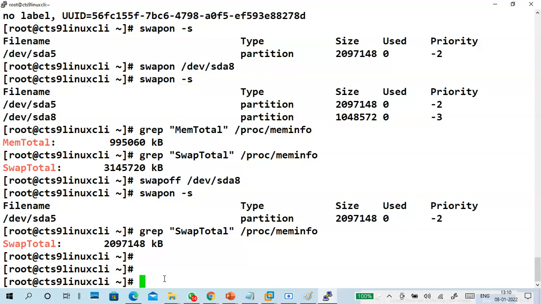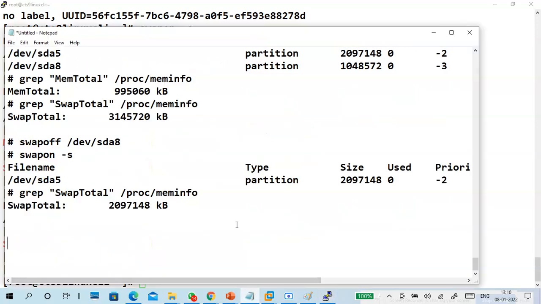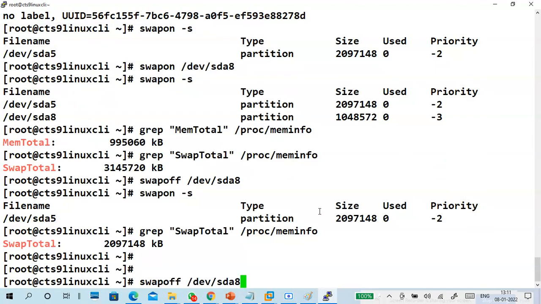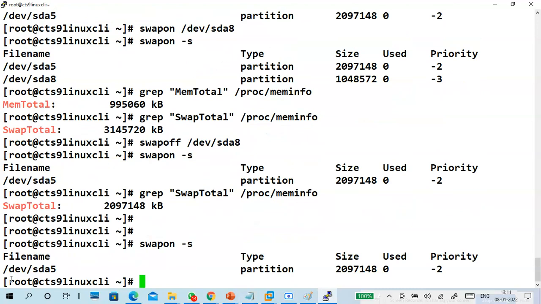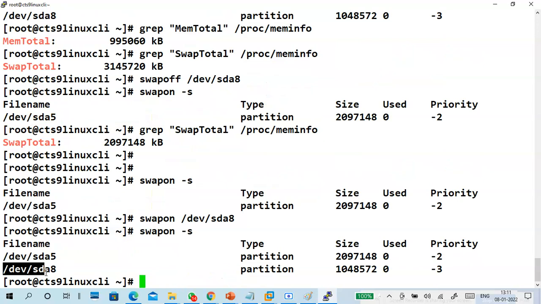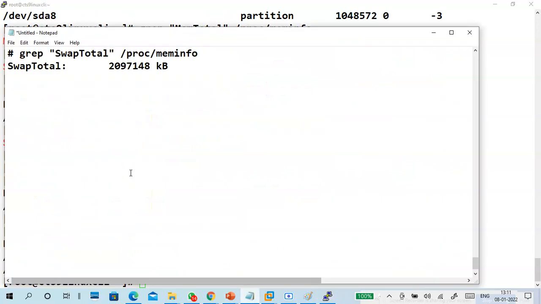The last part is, guys, the situation, the question is, when I put like this, I am putting a swap on /dev/sda8 like this. Now you check the swap, it is added. Problem is, when I restart my PC, on next boot, or I shut down the PC and start the PC, anything,